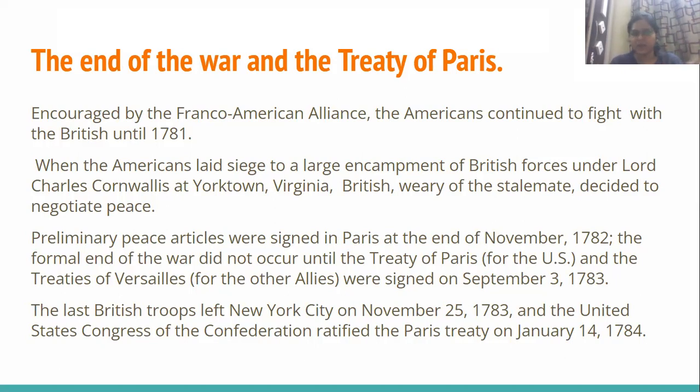From one side the Americans, the Spanish, the Netherlands, and the fourth side was completely blocked by French troops. In this way, Lord Cornwallis had no option. He had no place to escape, because he was completely besieged from all four sides, and now Lord Cornwallis decided to surrender. That is considered to be the biggest defeat of Britain in America. They ultimately decided to negotiate, they ultimately decided to surrender, and a peace treaty was signed in Paris at the end of November 1782.